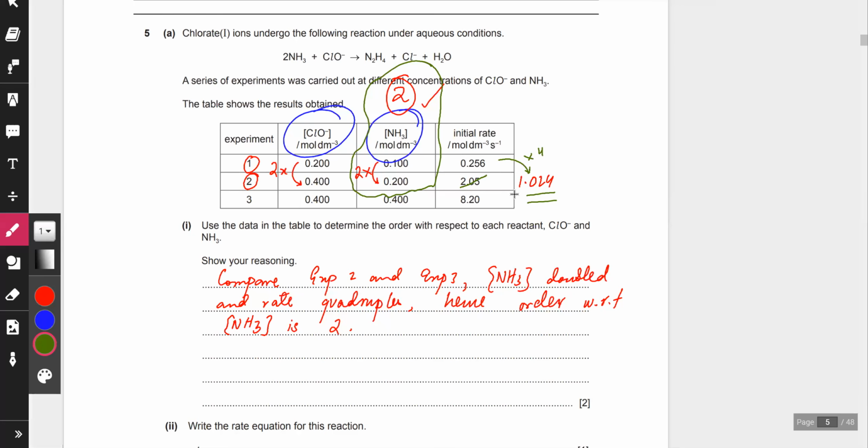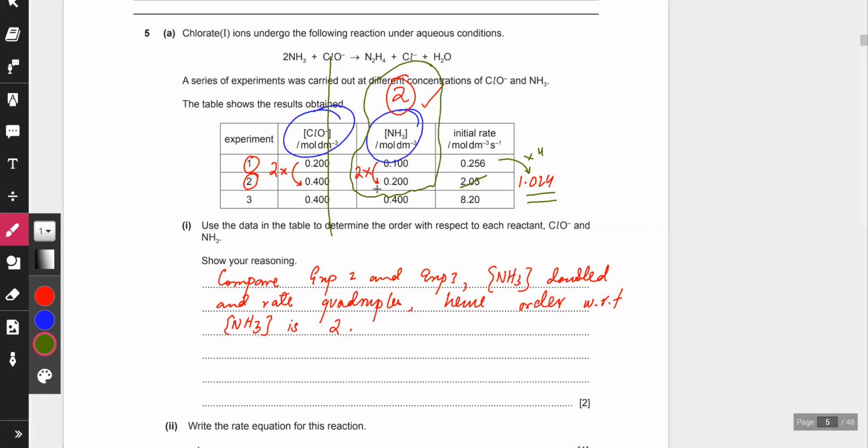Could you repeat the last one, please? Okay, no, what I'm saying is, I'm trying to compare experiments 1 and 2, but I'm totally ignoring ClO minus for a second. Just ignore this first column for a second. What I'm saying is, you've already found the order with respect to NH3, right? That means if you compare experiments 1 and 2, ignoring the first column,